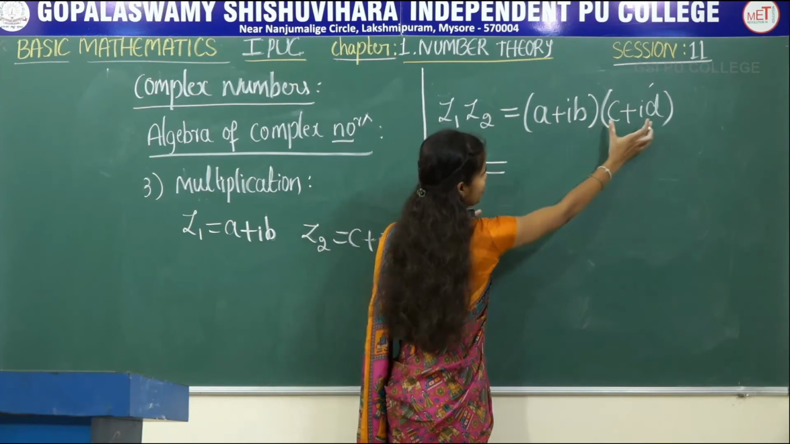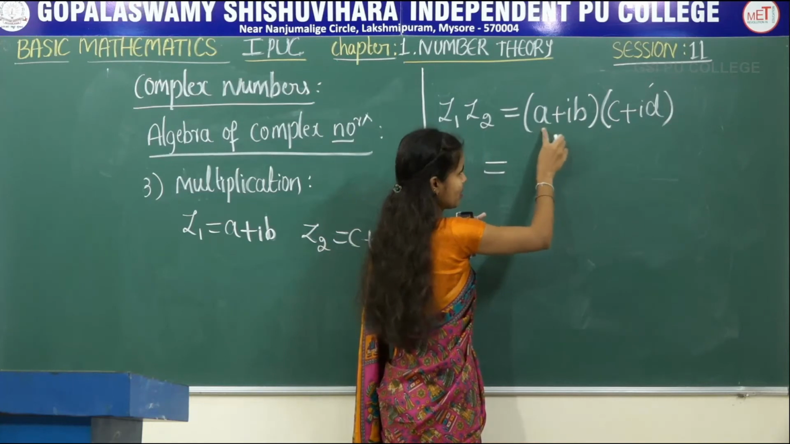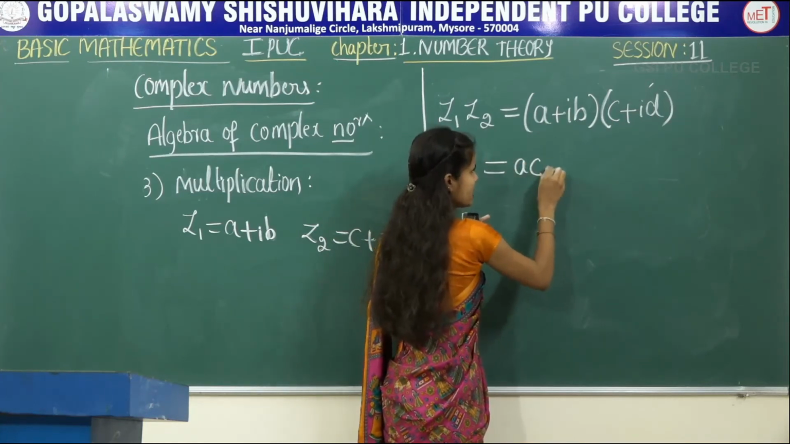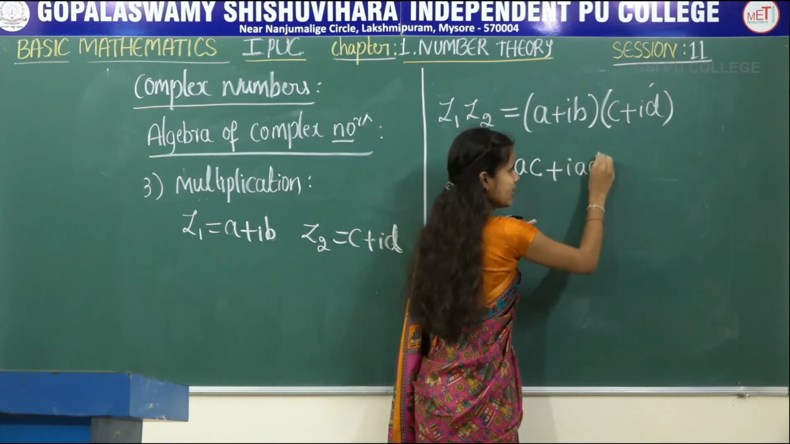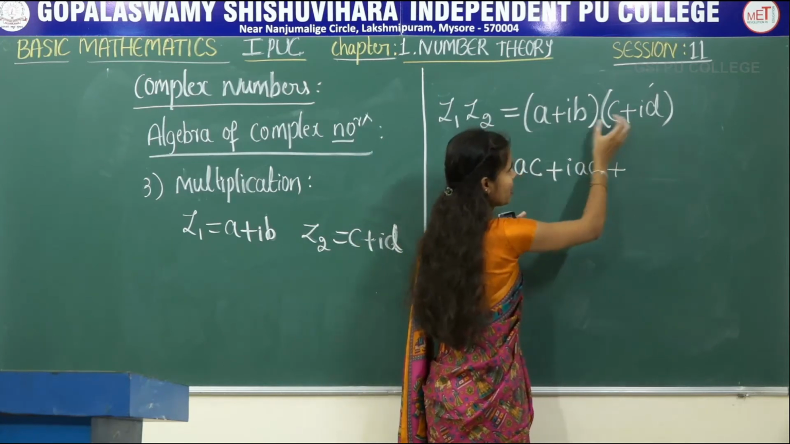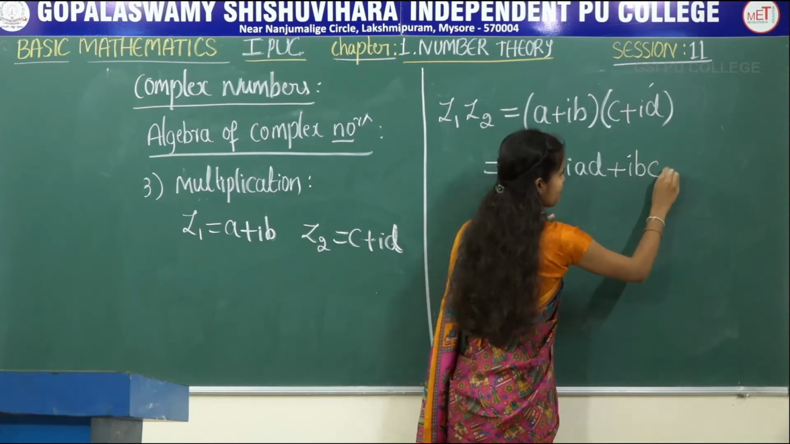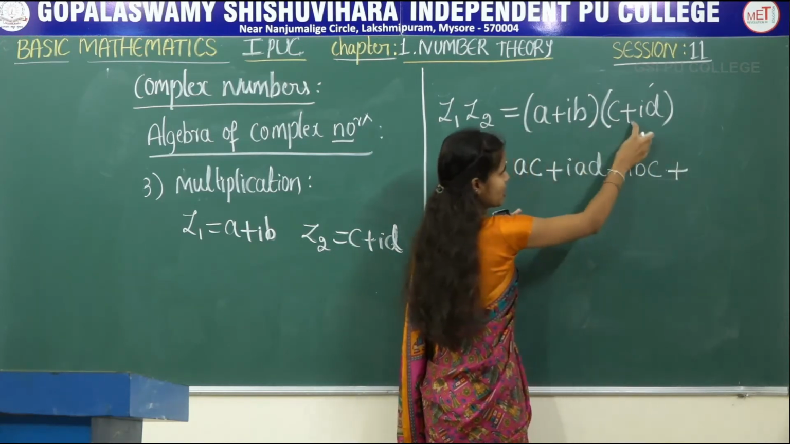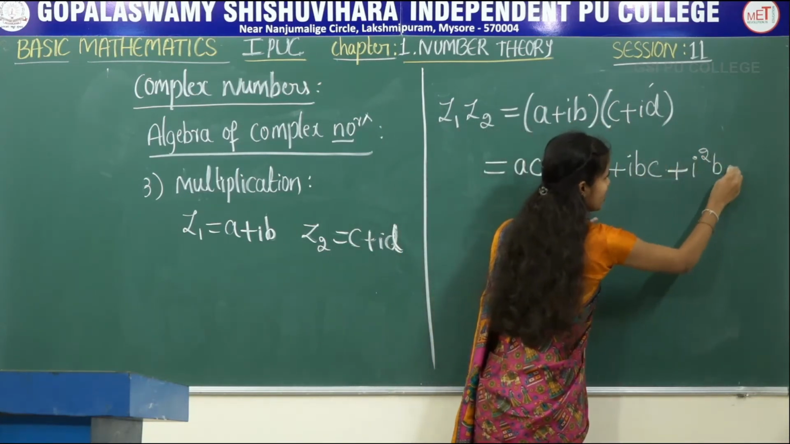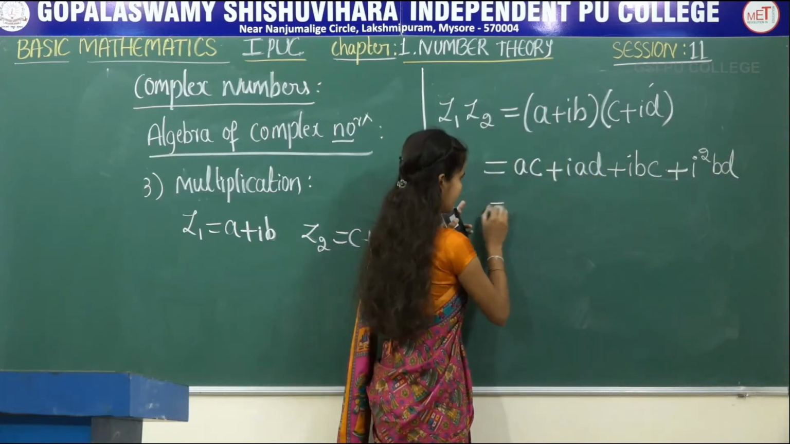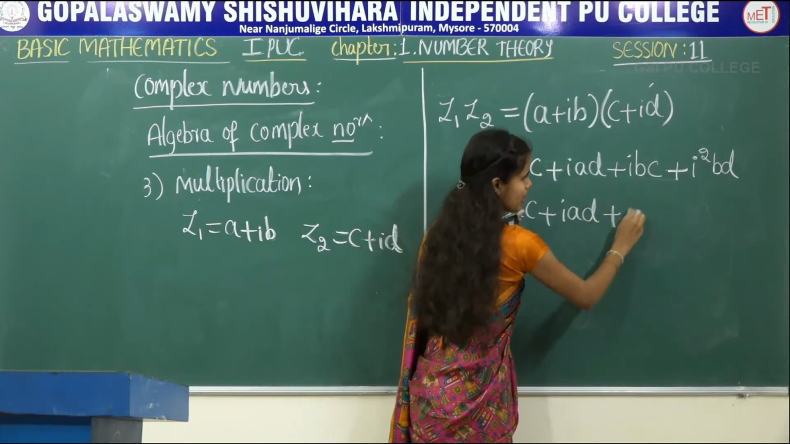First simplify. First multiply c plus id by a and then multiply c plus id by ib. So first multiply by a: a into c, ac, plus a into id. First write i, a, d. Okay. Next multiply this term by ib: ib into c, i, b, c. Next multiply ib into id, i square, b into d. Okay. Next simplify: ac plus i into AD plus i into